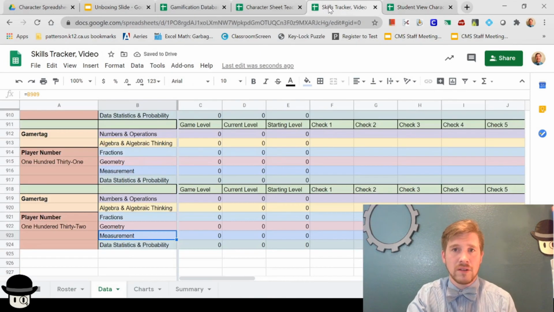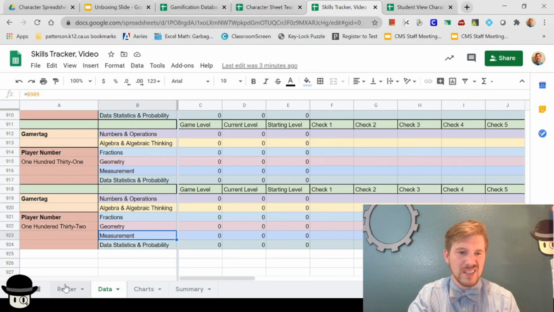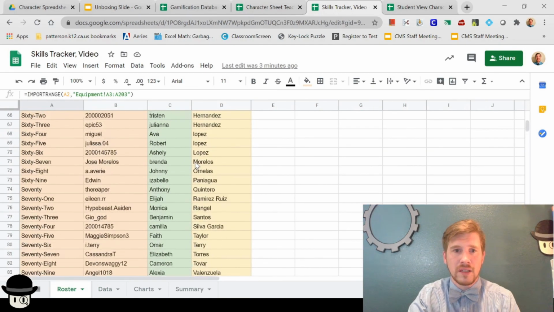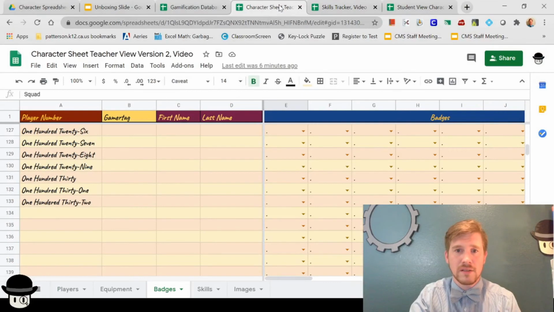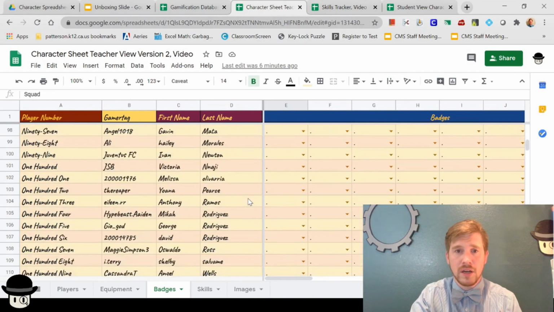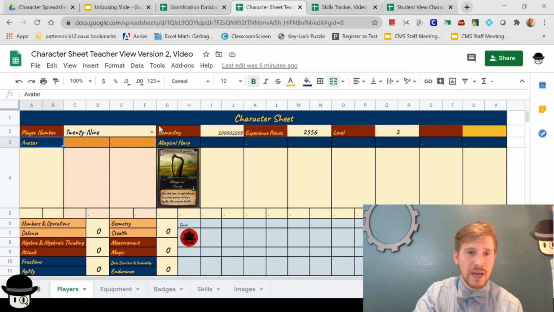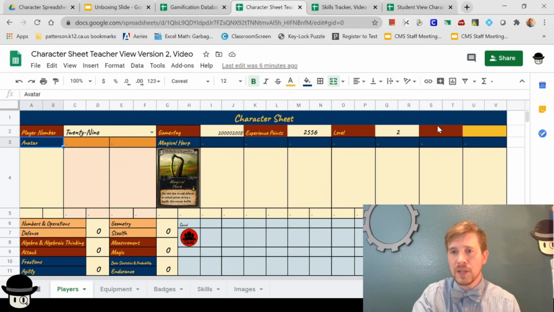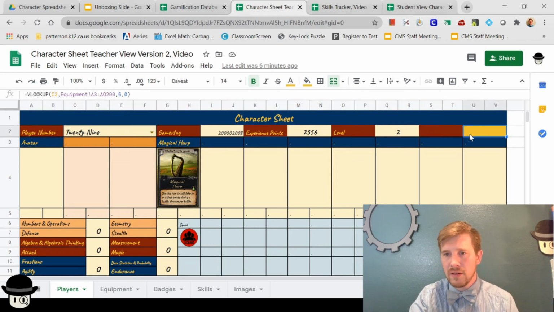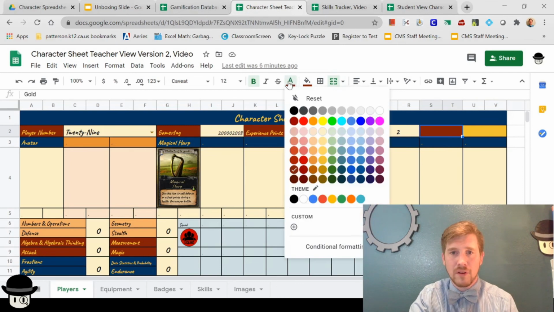You could share it with your students. And like I said, I would share that view only. That one's all set. That one's all set. And you're good to go. So any of your students' experience points, their level, their gamer tag, their player number, all that stuff will populate onto their pages automatically. I think I mentioned in the other video, this here would be the spot for gold,